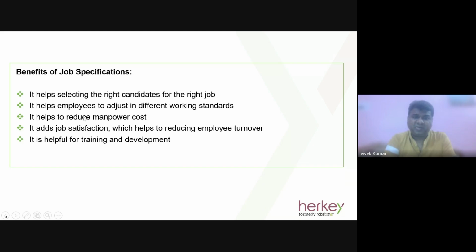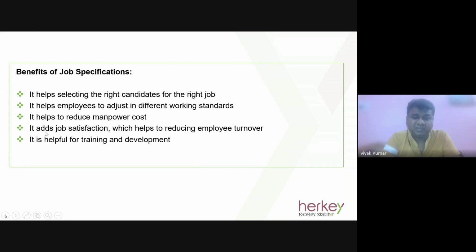Now, the third point is the cost. We already talked about that in the case of the job description also. If the process is efficient and faster, it's always going to reduce the overall cost. So if you are putting up a very good job specification, that also means the candidates who are reading it are thinking of themselves as the right candidate, and only the relevant ones are trying to apply, as compared to the ones who might not fit. Okay, so yeah,